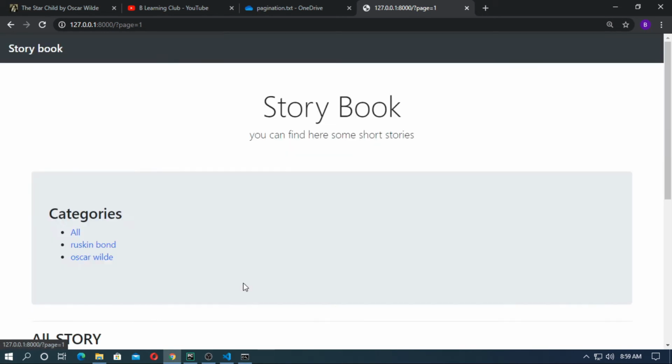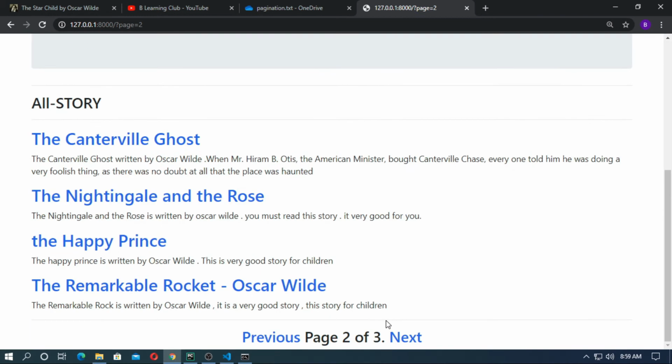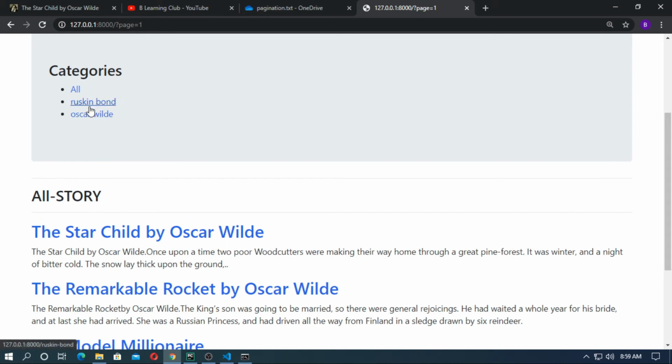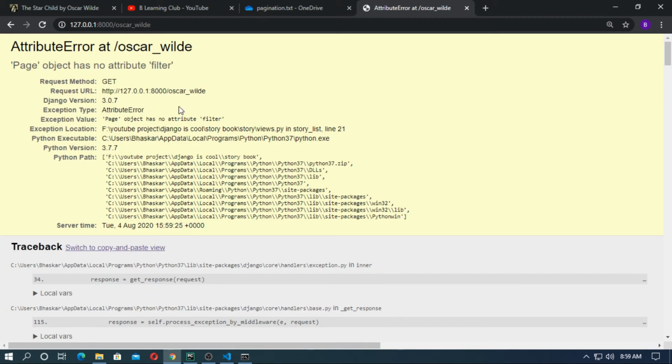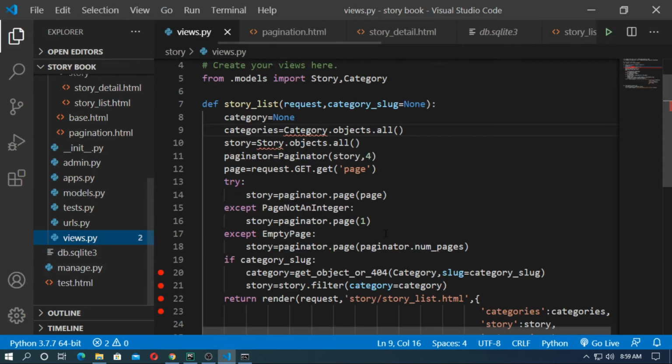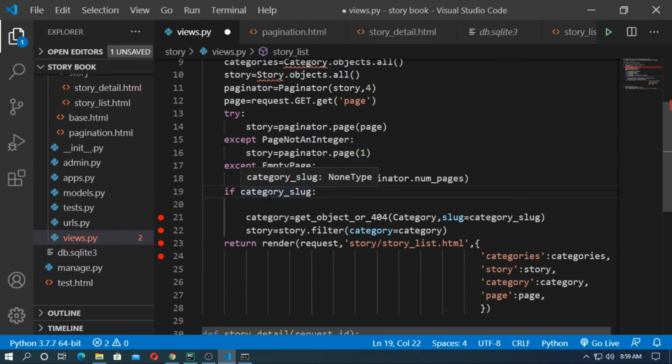Okay, so click on next for the next page, click on previous for the previous page, and if you click on the category, then you will get an error. Let's fix it. So go to the views.py, and now if the user selects any category flag, then the story variable will change.